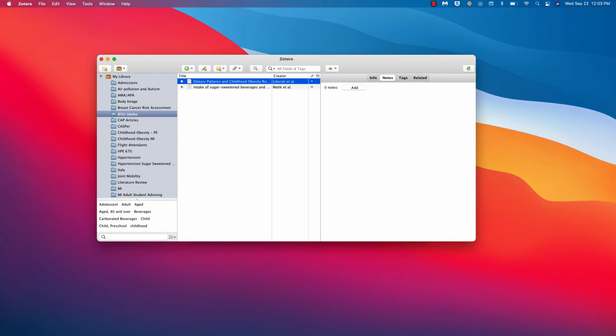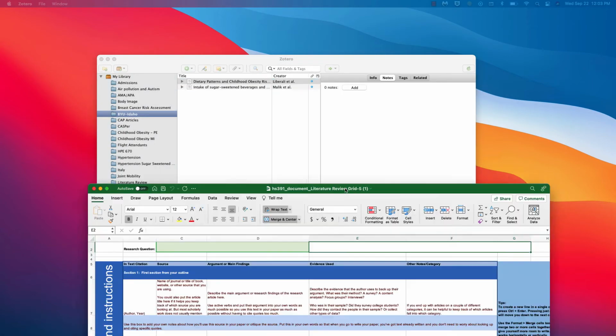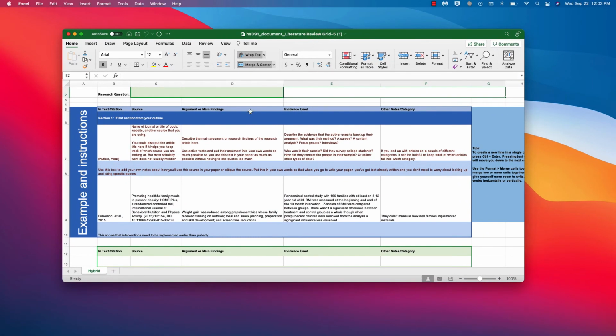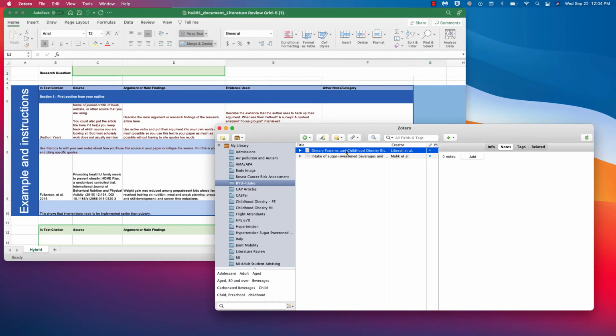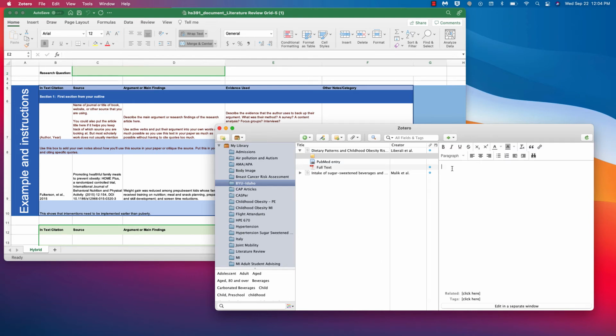One of the things you should do is go into Module 3 and look at the assignment for the literature review grid. This gives you an idea of what you can write in your notes. So let's say I have dietary patterns and childhood obesity. If I want to add a note, what is the argument or main finding? So I could put argument. Sugary sweetened beverages contribute